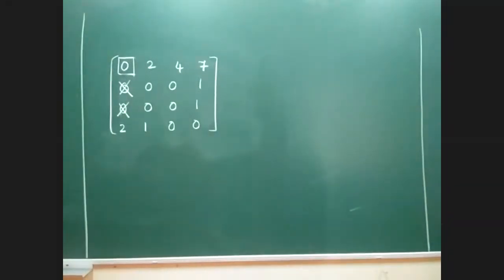I think I have told you in the previous method, if you are not finding any row with a single zero, then I'm supposed to go for 2 zeros. You all remember that step? Now you can see that row number 2, row number 3, and row number 4, all the remaining 3 rows have exactly 2 zeros. Then we compare the values of these zeros with their corresponding values in the original matrix, and whichever is highest, we do it. That was the method that I taught you in the previous class.